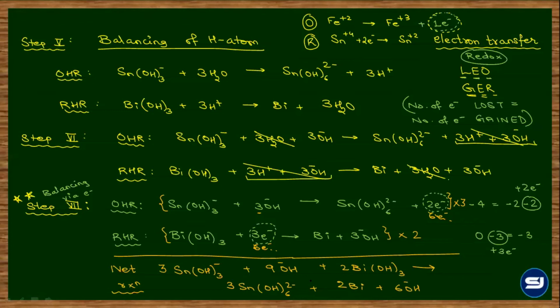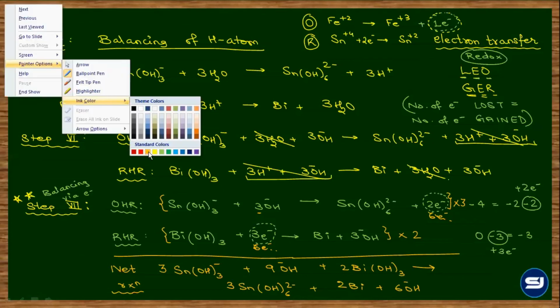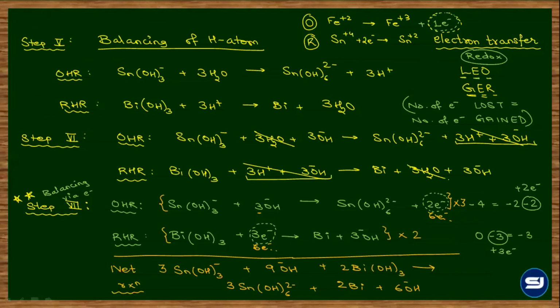Observe one thing. 9OH minus and 6OH minus will get cut. So this 6 if I balance over here, total क्या आ जाएगा? 3OH minus ना? ये अपना फाइनल बैलेंस्ड रिएक्शन है. वेरीफाई कर लेते हैं. 3 into -1, -3 again -3, -6 हो गया and this will be 3 into -2, -6. So total is -6 which is balanced on both the sides. Hence it is 100% foolproof, verified, balanced redox reaction.